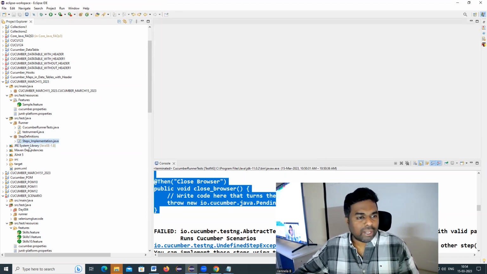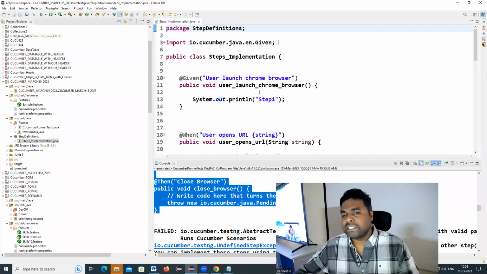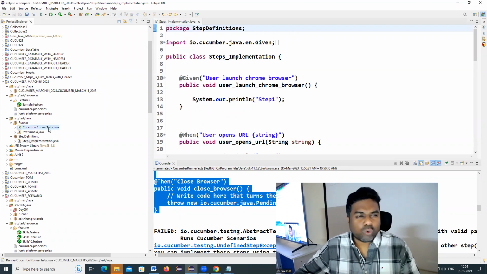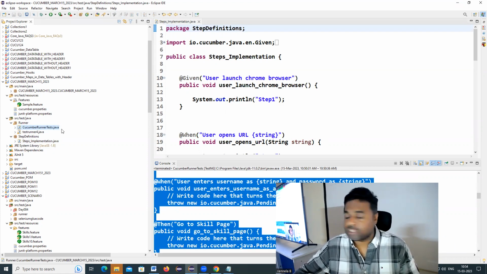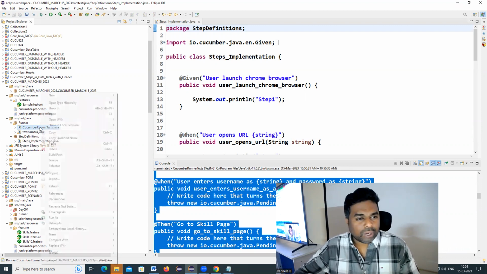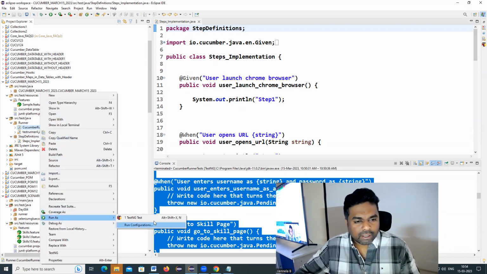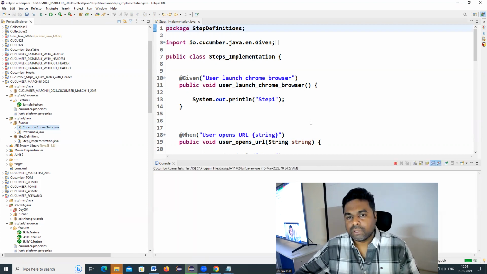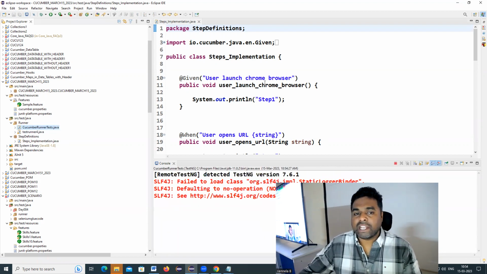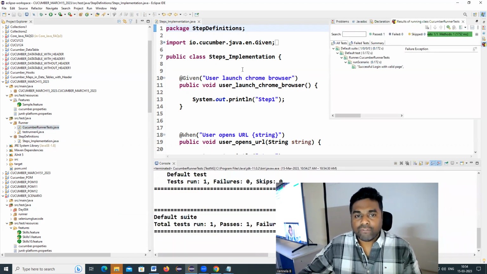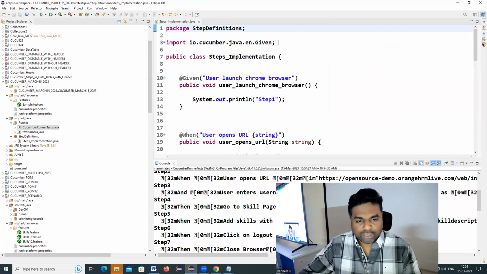So for my feature file, whatever methods had been generated, I copied and pasted, and added the corresponding lines of code. So now I'm going to run my Cucumber runner test.java class file again. Previously, the first time, I executed it to generate the methods. Now I'm going to run as TestNG test. So for every method, the corresponding lines of code will be executed. See, if you look in the console part,